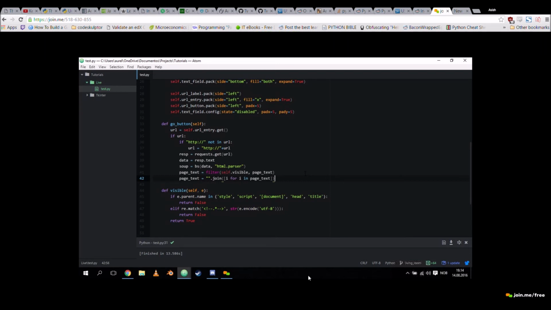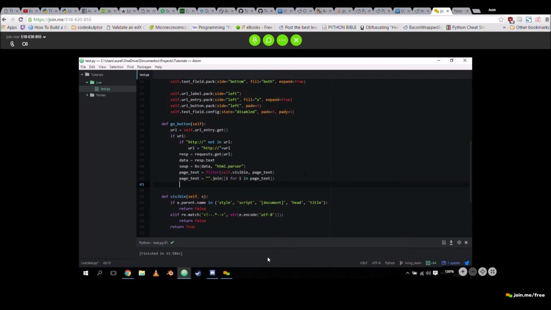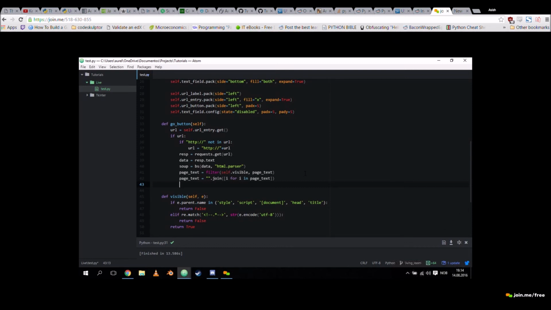It doesn't really have a specific function. Like, there's no place in Python you need it, but it does make things like this easier to type out. Now we have to put this information into our text field, but we disabled the text field, so it won't take any information. So what we're going to do is undisable it.